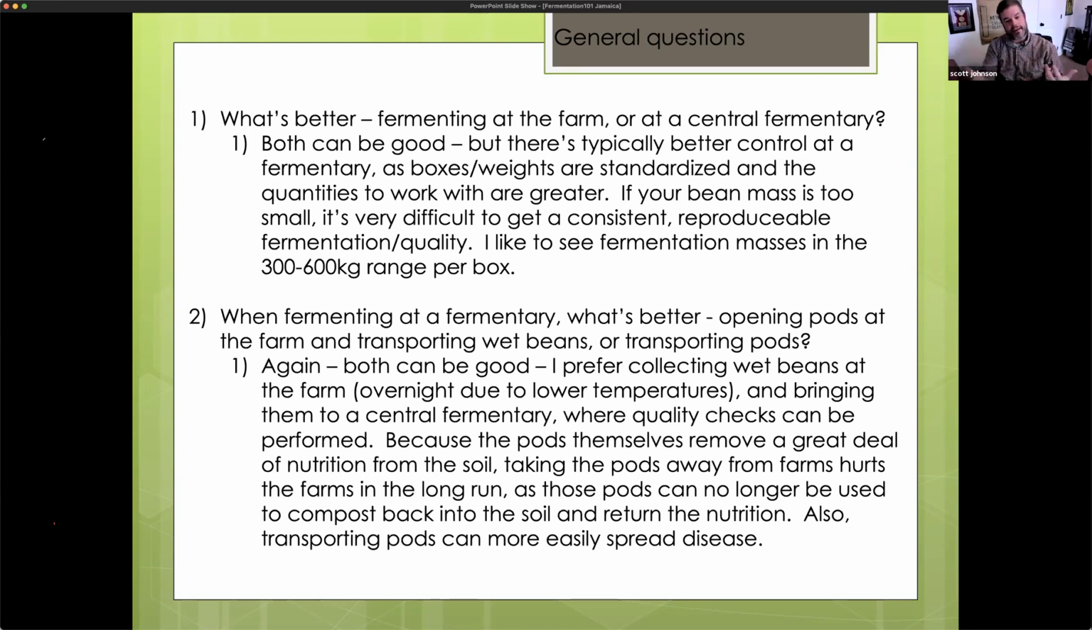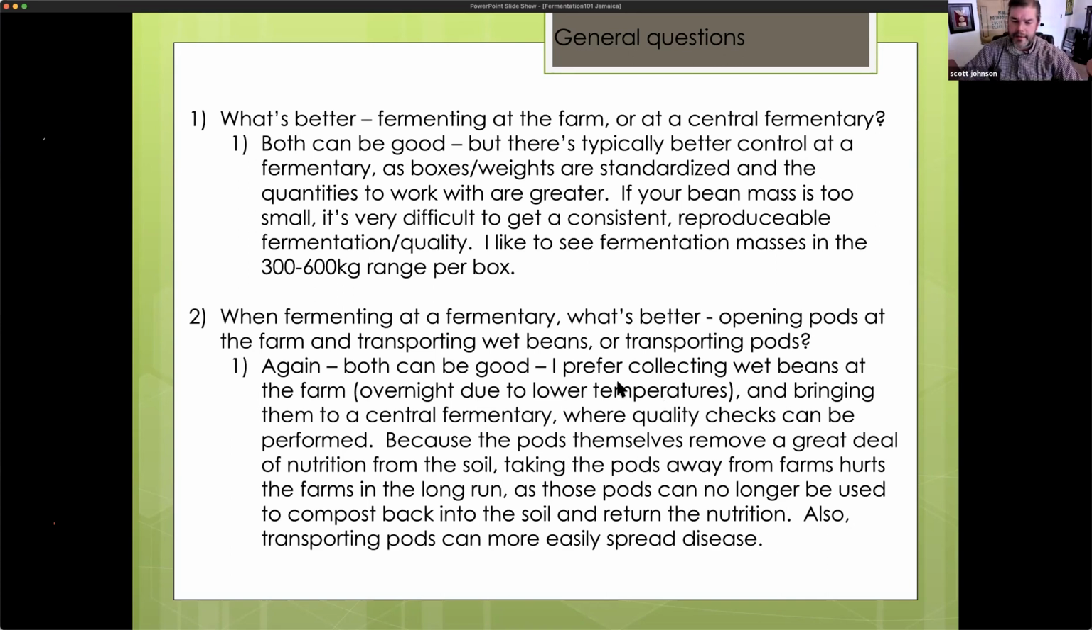And so if you're doing that during the day when it's hot, your fermentation is going to be a little bit more vigorous and you're going to eat more of the sugars away. So by the time you get it to your centralized fermentary, your brix is going to be a little bit lower than it would otherwise be. If you collect them at night where your temperatures are lower, even though the yeast is on there and it started fermenting, that fermentation is happening slower now because it's cooler temperatures, and your brix is going to be higher by the time it gets to the fermentary. So that's one reason I like